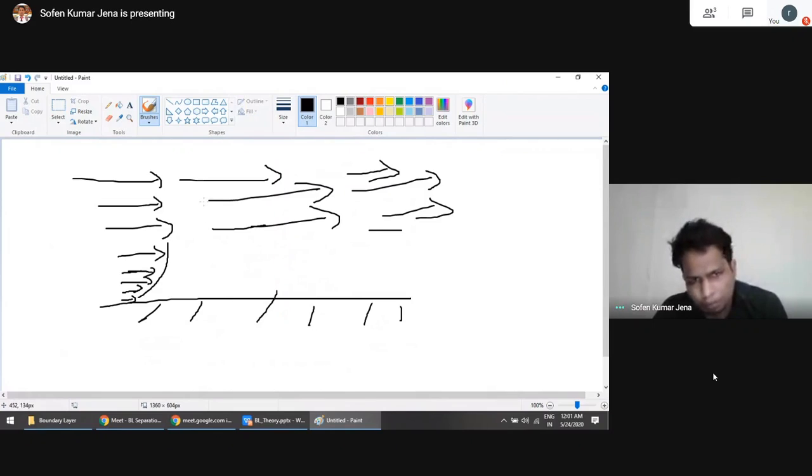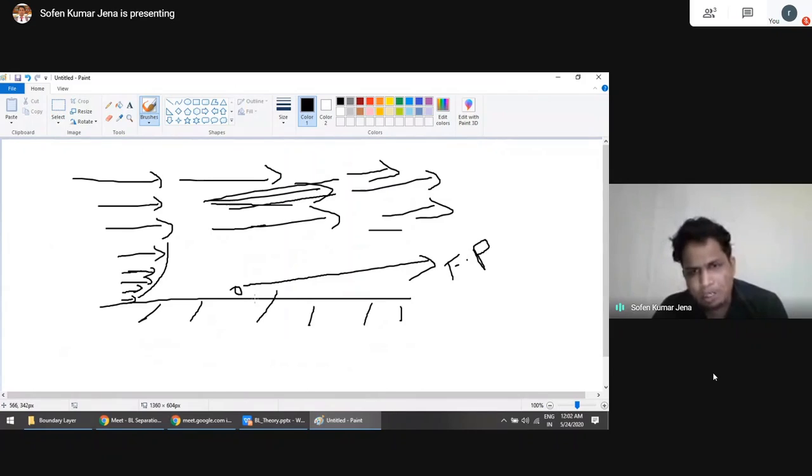First, consider a molecule over here. The free stream velocity is trying to pull this molecule in this direction. So it is providing a forward pull, FP. The solid is over here, the solid surface. By virtue of the no-slip condition, the molecule attached to the solid surface is at zero velocity. So it tries to oppose any further movement of the molecule in the forward direction. It is providing a backward resistance, right?